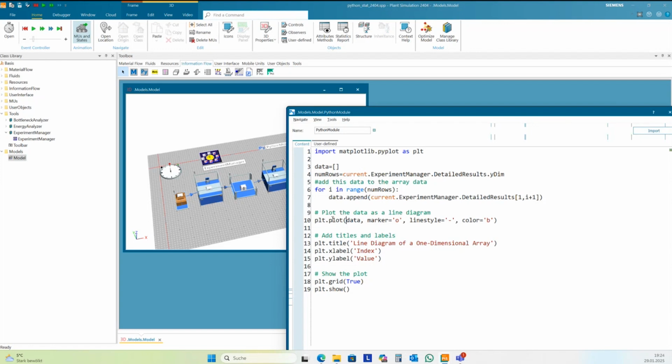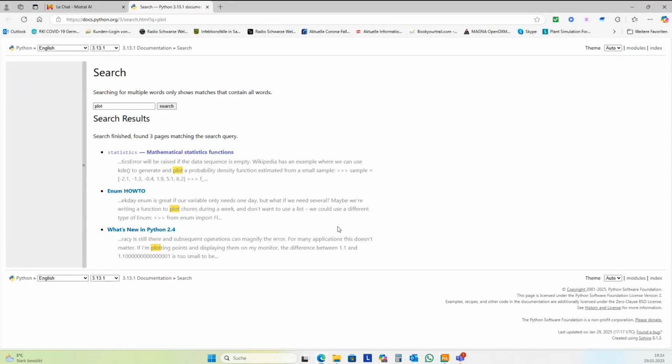You can also make subplots. There, he has a subplot inside. So I need only plot. These are the data. Then what kind of marker you want to have, line style, color. If you go here with F1, then you should come directly to the Python search and help, but not, yeah, bad example.